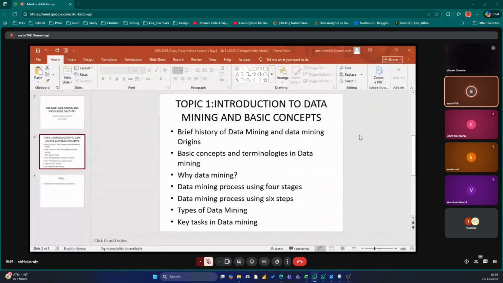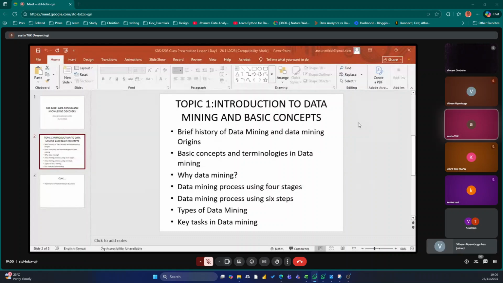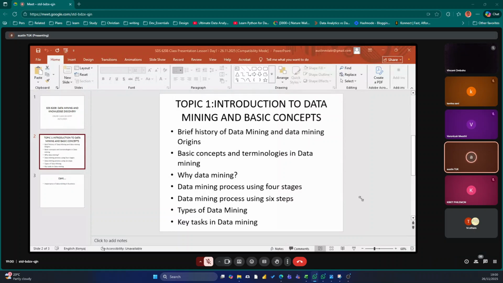We start with the terminology. The first one is data. Let us define data. What is data? Data is a very common terminology. Sometimes we could be defining it the right way.